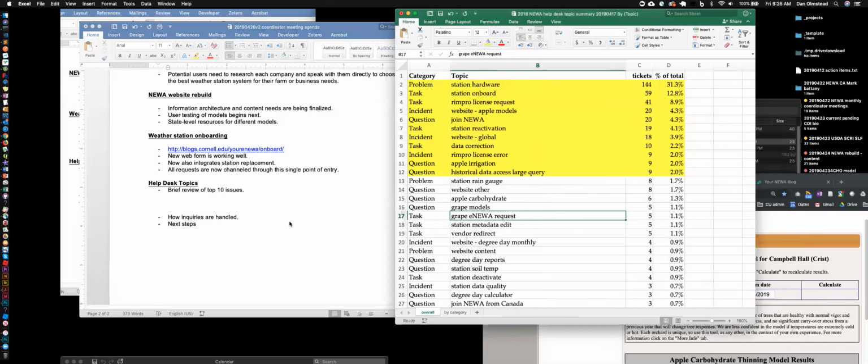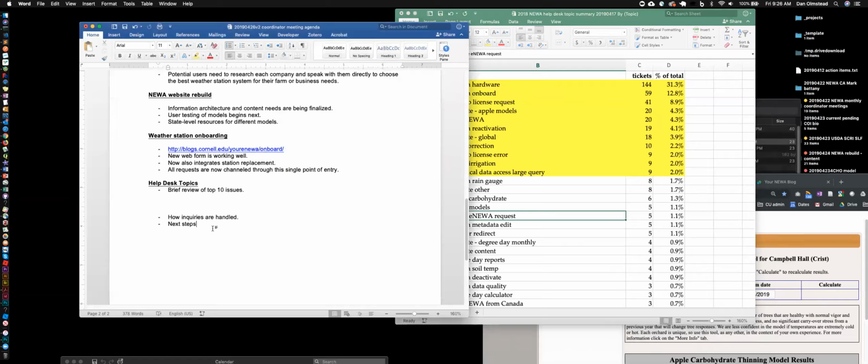Touch real quickly on how I handle these inquiries. At this point, I'm a year and a half into the help desk, and there are definitely patterns emerging. I've developed standardized responses that I'll customize a little bit, maybe if it's in one of these top 10 questions, and that just saves me some time. There's maybe one or two pieces of a certain workflow that I see emerging, and it just saves me time in the long run. And I already talked about next steps. So I think that's all I've got for today.